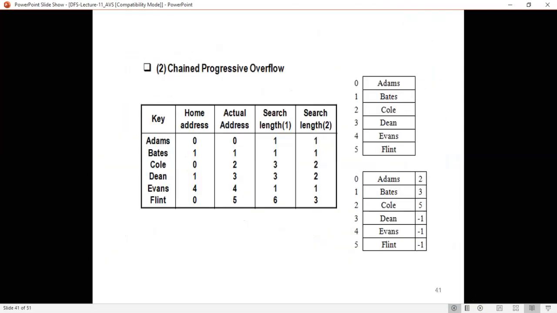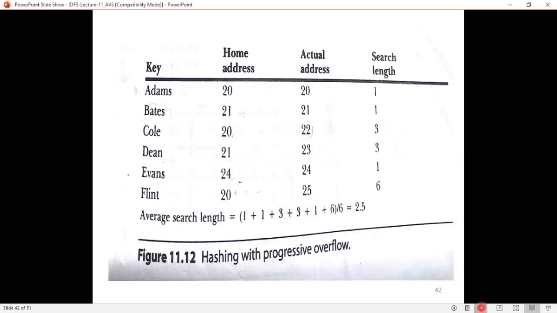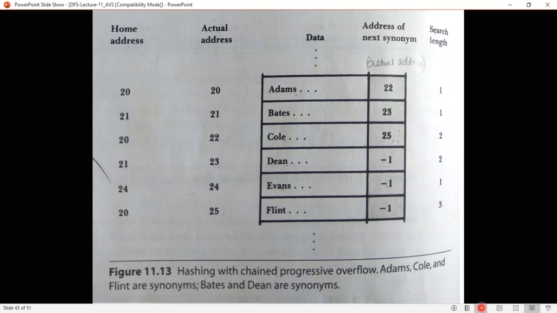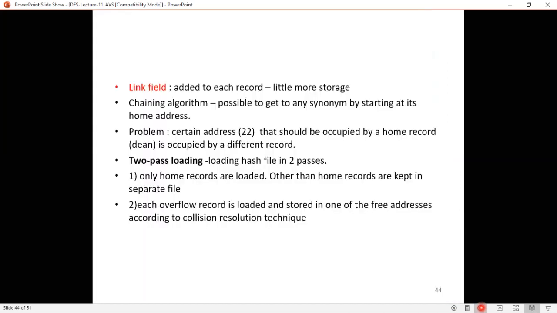See, in this example, you have the home records, that is Adams 0, that will be loaded, Bates 1, that is also loaded, and next you are going to load Evans with the 4. Only these 3 keys will be loaded first in the first pass. Next, everything else is loaded in the second one, that is Bates, Cole, Dean and Flint. These will be loaded in the second pass. So what happens? Most of the keys will occupy the home address. That's why you are using this two pass loading here.